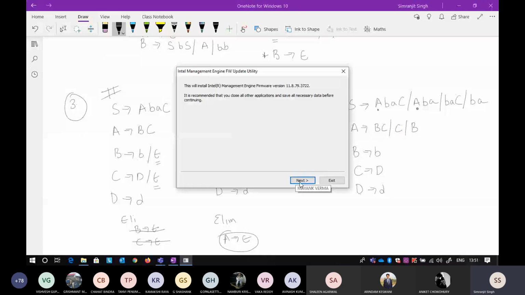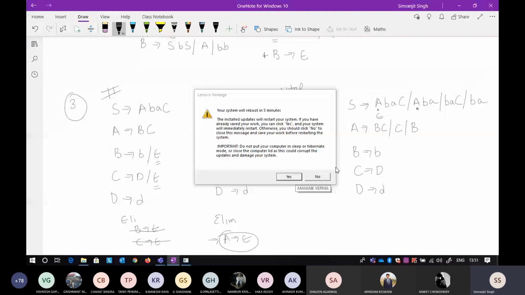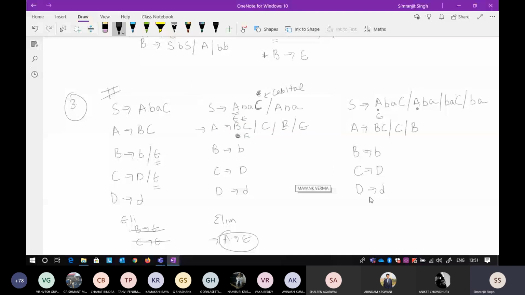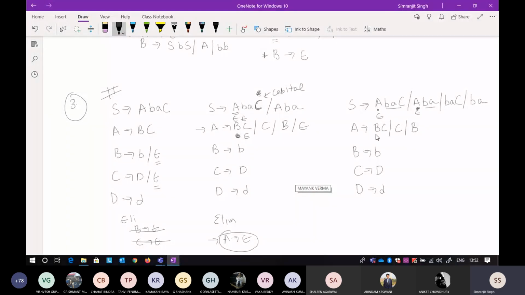So what are we eliminating here? We are eliminating here the variable A. So wherever there is an A, I put an epsilon, and the remaining stays. In place of A you put an epsilon, you will get a BAC. I write a BAC, and in place of this A you write an epsilon, and by putting epsilon I get a BA. I include this BA in this one. There is no A on the right hand side, so just leave it as it is. Okay, so that is your answer.